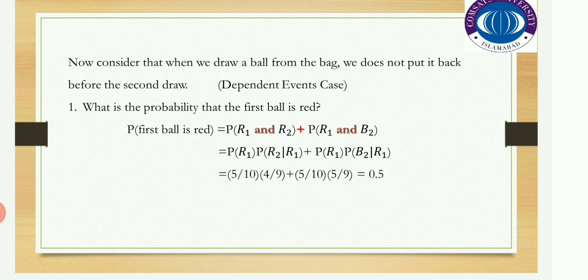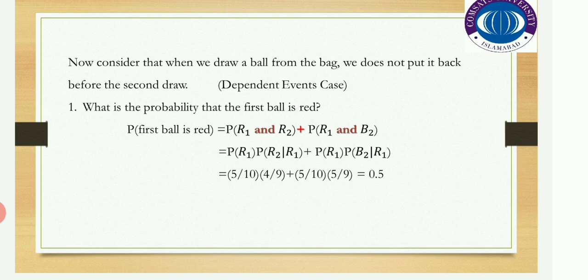As we know that the probability of an event can be found by number of favorable outcomes divided by total number of outcomes. So the probability of R2, given that R1 has already occurred,